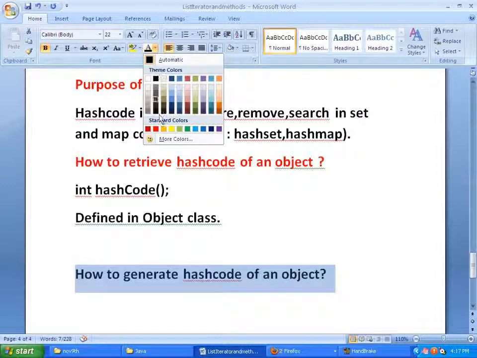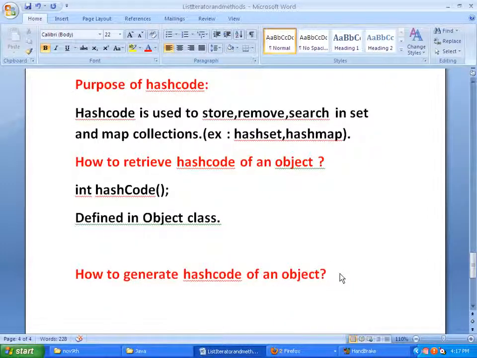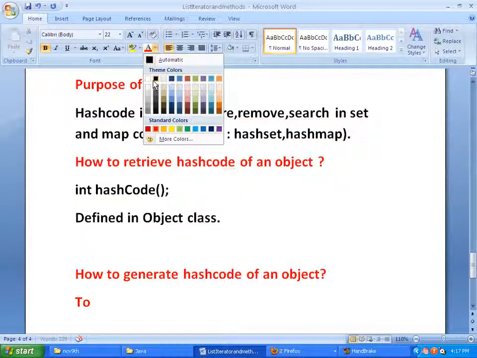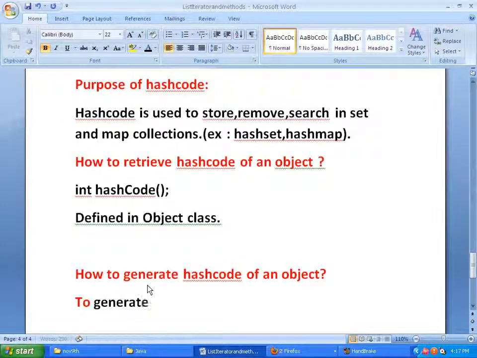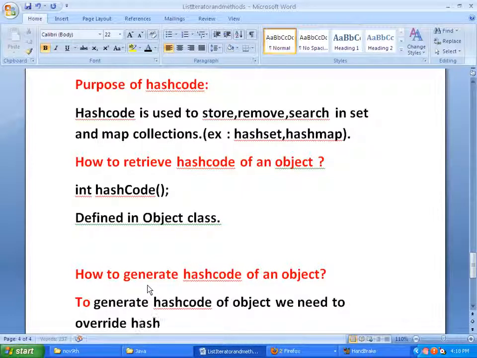By default, Java will generate hash code for our object, but if we want to generate a hash code for an object, we need to override hashCode method in the object class, to write a custom hash code for our object.